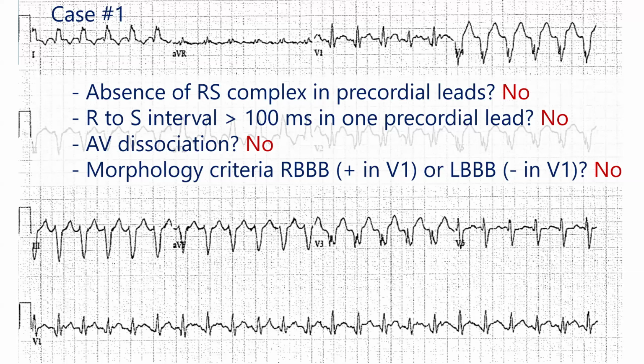And you're just going to have to look for things that the patient gives you that maybe you didn't expect, and maybe things that are not written in the textbook that'll help you out. So again, no fusion beats and the Brugada criteria not clearly met here, but we still have this wide complex tachycardia in a person who certainly is at risk for having a ventricular arrhythmia, right? He has documented coronary disease. His EF is depressed. It's not markedly depressed, but it's slightly depressed, and he has known ventricular scar, right, at the apex.